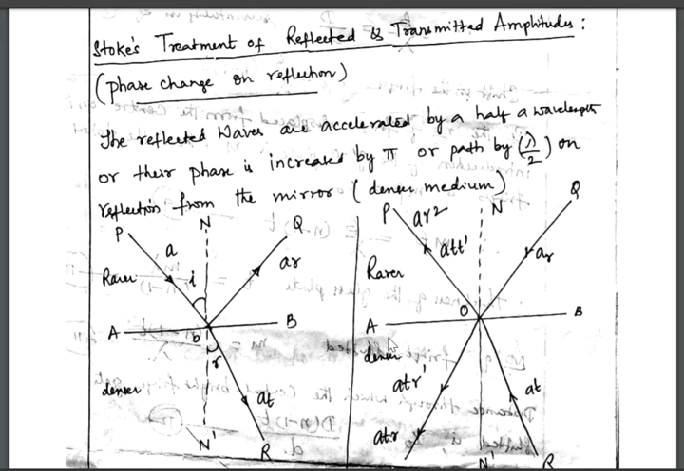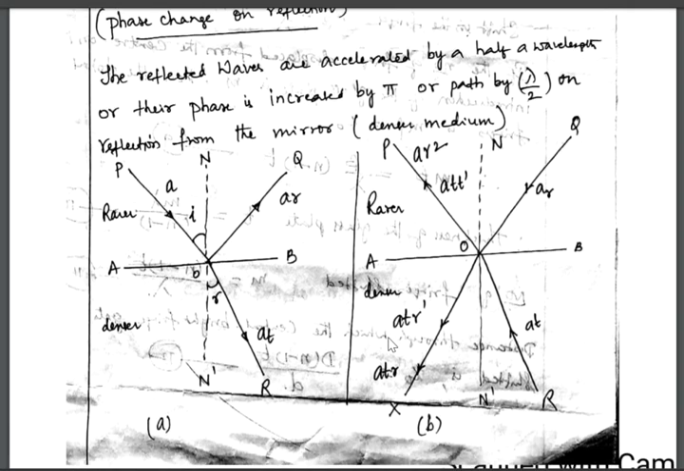So in the figure, AB represents the surface of a denser medium. Below AB, you have a denser medium, that is figure 1, and above AB, you have a rarer medium. For example, the rarer medium may be air and the denser medium may be glass or water. So in the first figure,